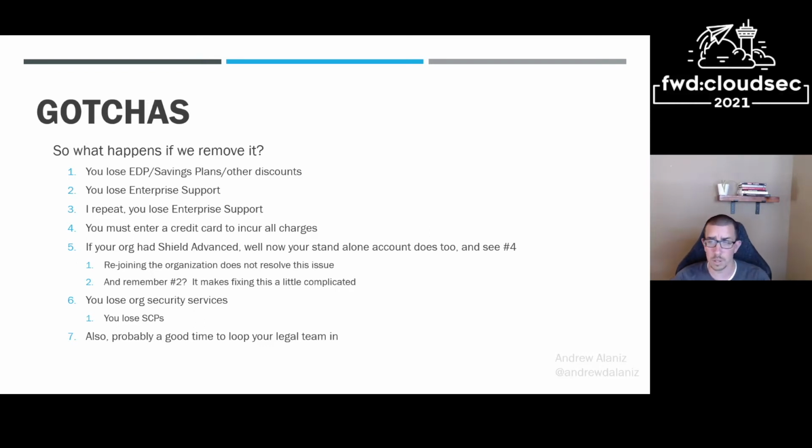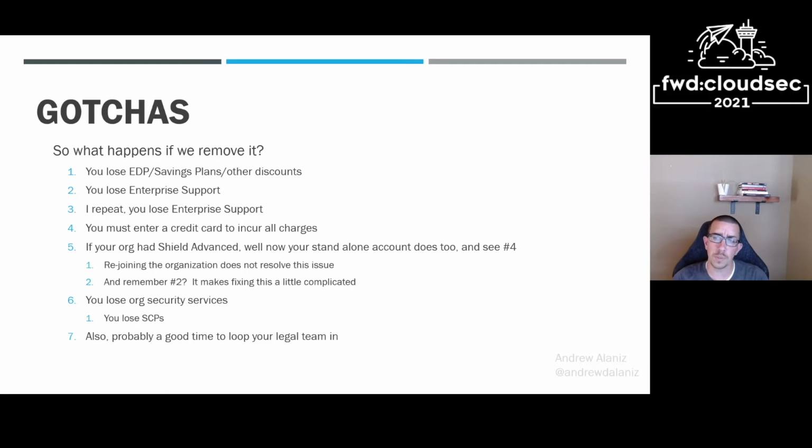You lose enterprise support. Again, I'm going to repeat that. You lose enterprise support, which is a big deal. Anyone who's managed a large-scale environment knows that enterprise support is essential for a lot of the maintenance type things like billing and organization and things. And so your account team's not going to abandon you in this process, but what this does do is it sends support requests to a different queue. And so there's going to be a little bit more back and forth for your account team to be able to properly support you and get access to the account and things like that. So definitely something to consider there.